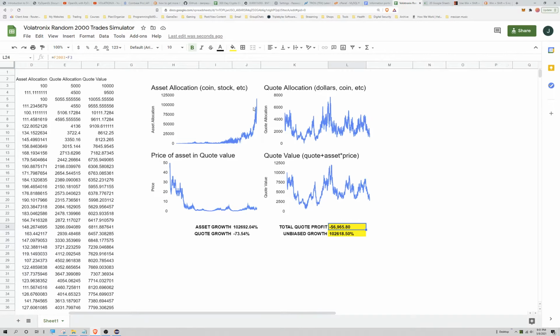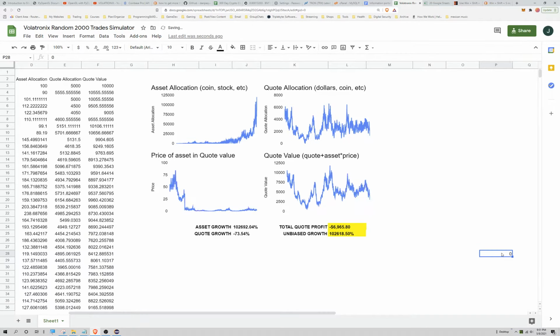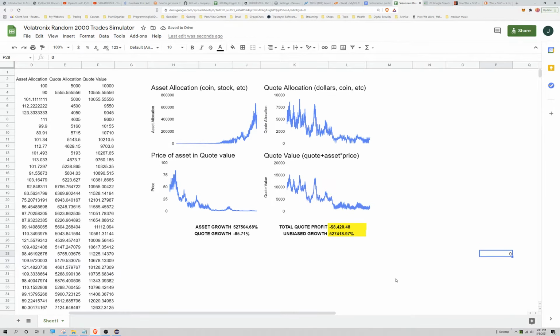So anyway, by the time this goes to 10,000 trades, as the basket gets bigger and bigger, both of the allocations are in every case that I've tested at 10,000 trades always incredibly high growth, like trillions of dollars. Or anyway, let's do this again. Don't worry about that. Just type in anything and the whole thing recalculates.